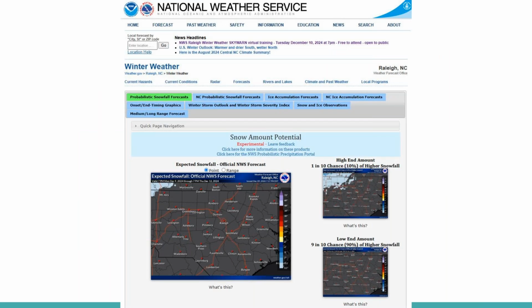If you were to take a look at this winter page, this is what the top of the web page would look like. There are several tabs that you can click on. The green one that's highlighted defaults to a probabilistic snowfall forecast. If you take a look at that large map that says expected snowfall, official National Weather Service forecast, I took this screenshot, and the information was valid as of